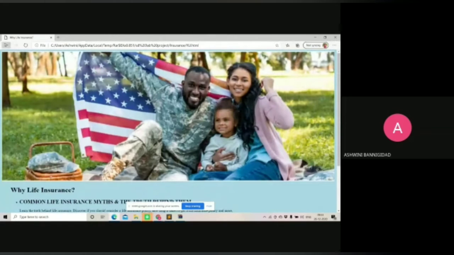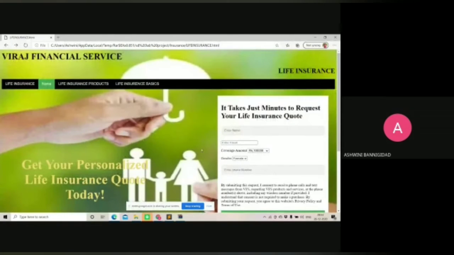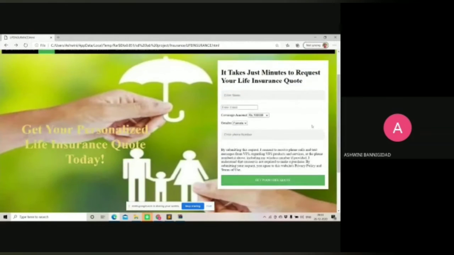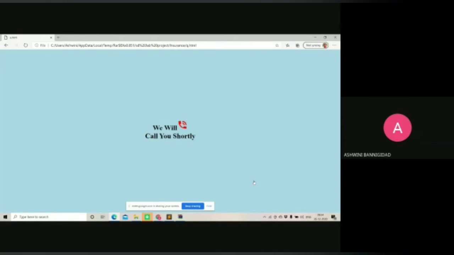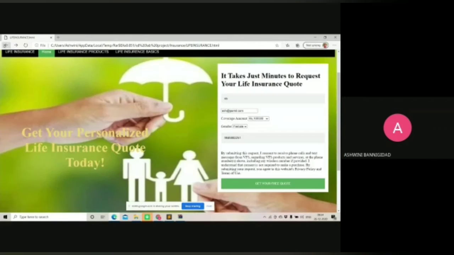After going through this information page, if the customer is interested and wants to apply for or buy life insurance, he can fill this form to request it. The customer gives his information on submission, and as I said earlier, the information will be saved in the database and the callback request will be accepted.